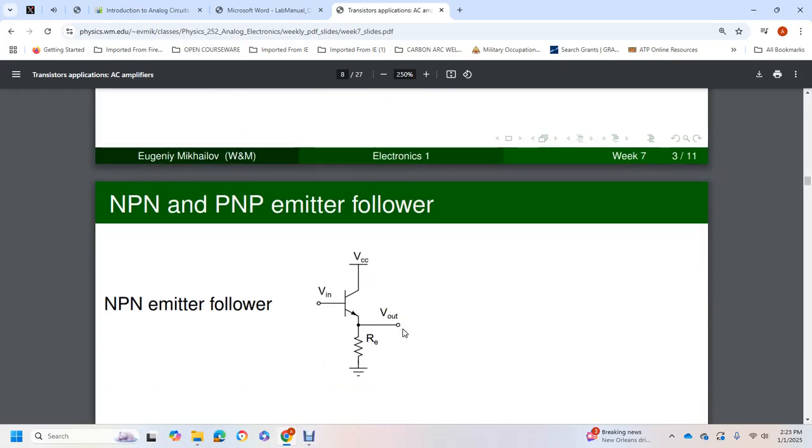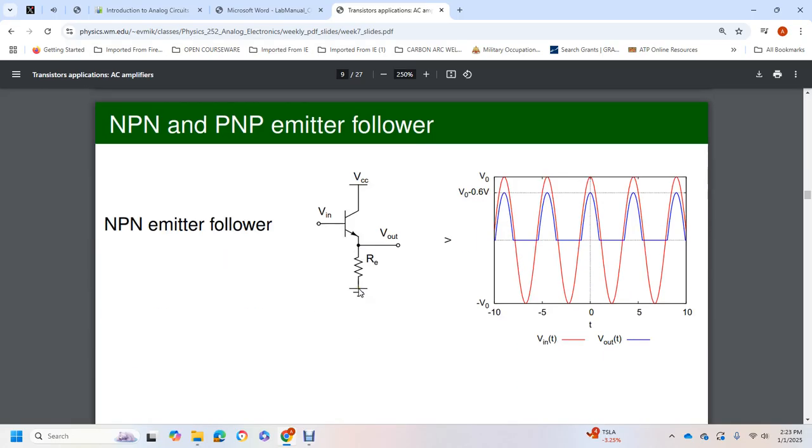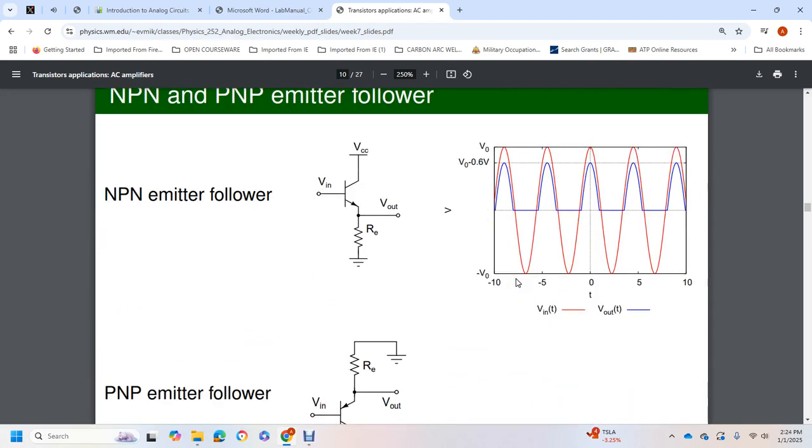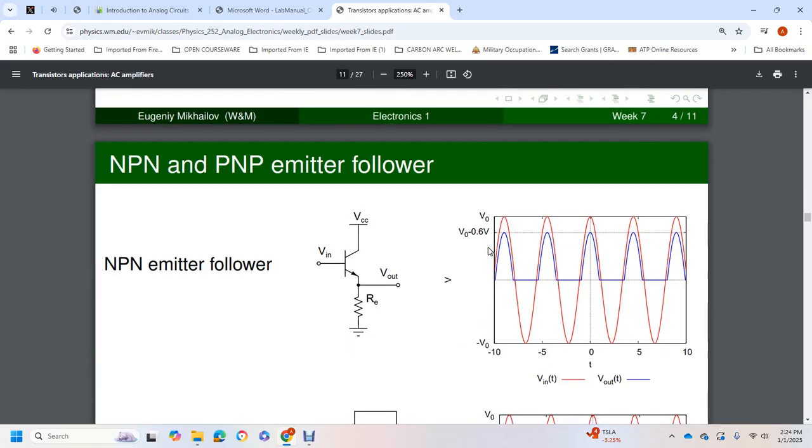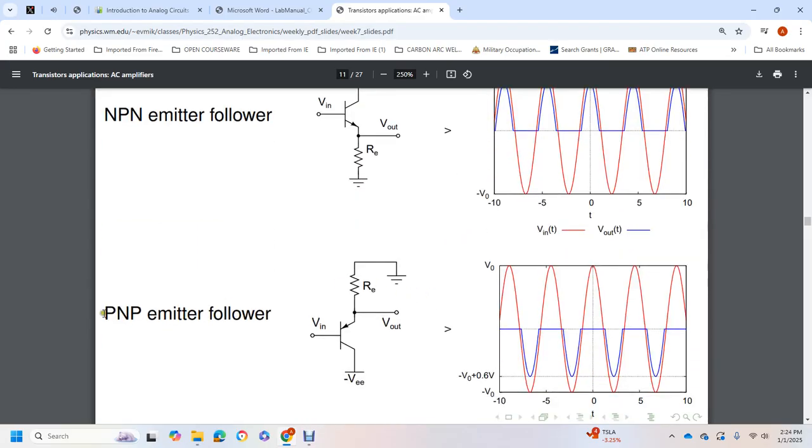The NPN emitter follower shows a constant current, a voltage input and a voltage output, going into the emitter resistor and the base. The negative-positive emitter follower shows the lines at 0.6 volts, red and blue. The NPN emitter follower, the PNP emitter follower, and then it shows